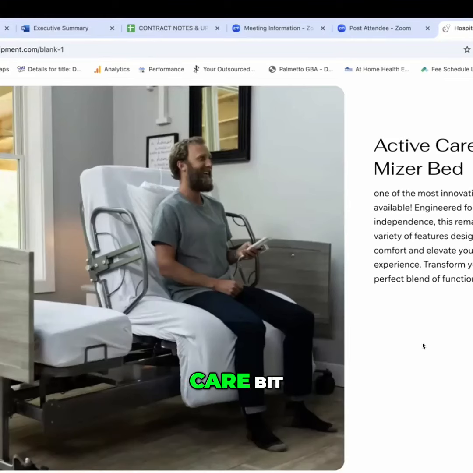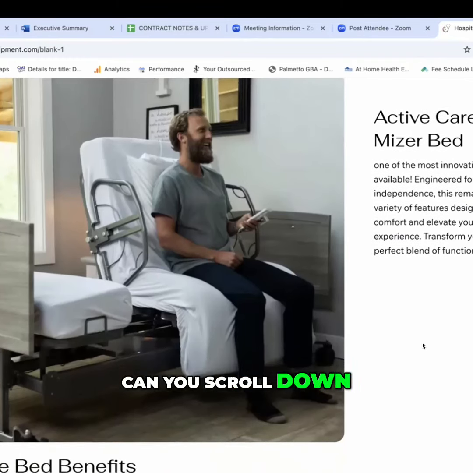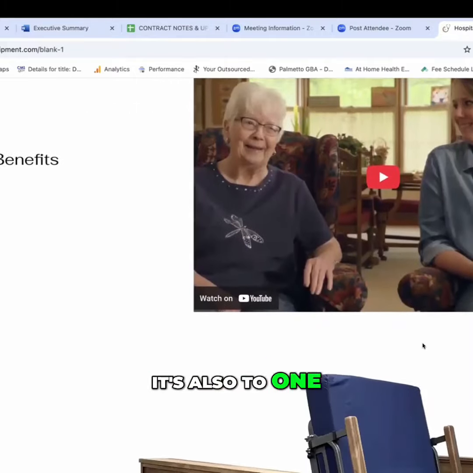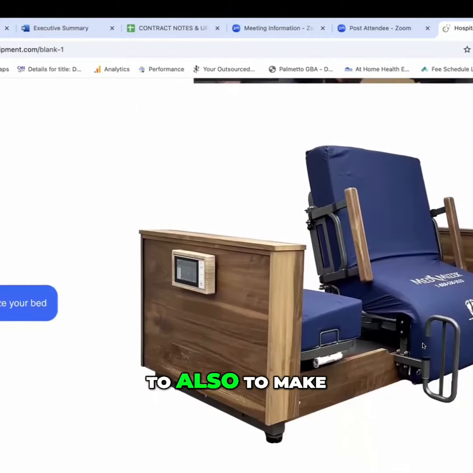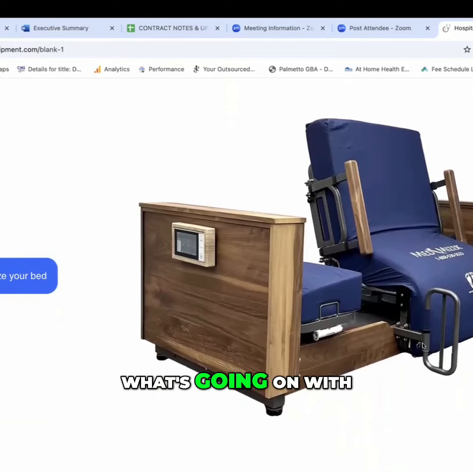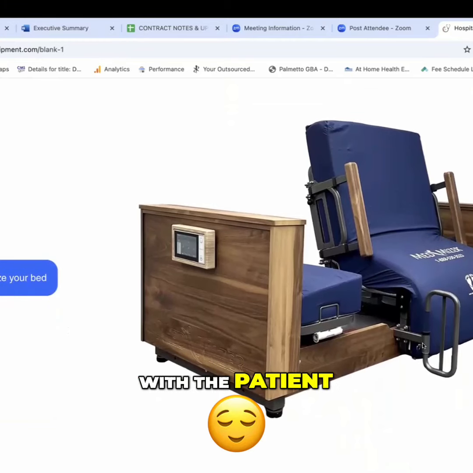So that's for the active care bed, and that applies for all long-term care beds. So, once you get down to the, so for example, can you scroll down the page? Yes, I know. One of the good things too is you also want to make sure you're getting a bed based on what's going on with your loved one or with the patient,